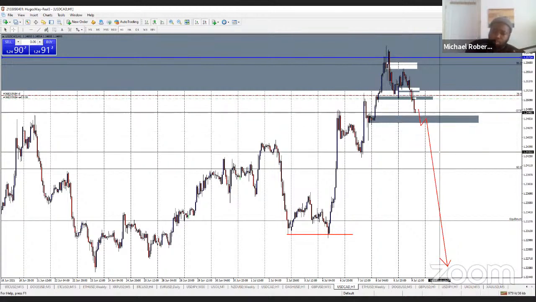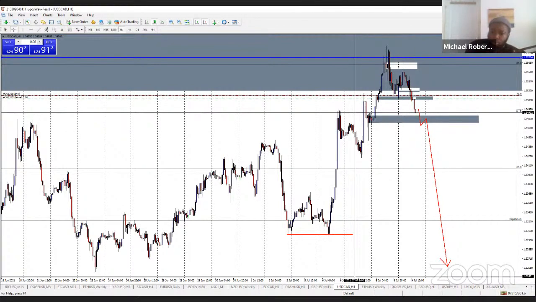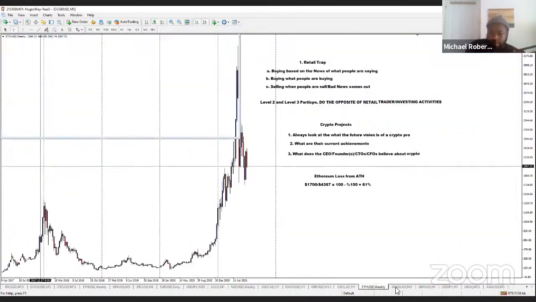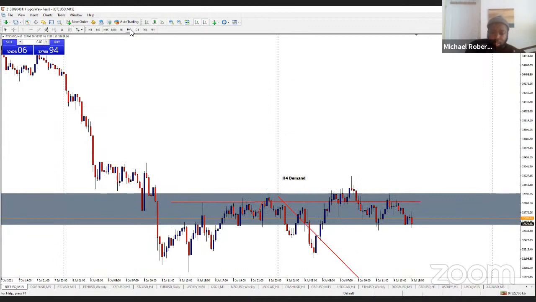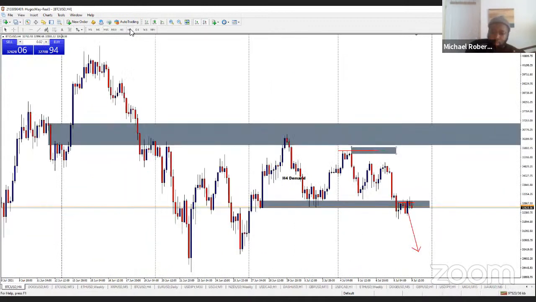Okay, so moving forward on the crypto side, I won't take very long here. What I will do now, I do have markings from my teachings here, but let's have a look at Bitcoin. So Bitcoin again, guys, I told you guys that this is the major crux of everything, and this is the most important area that we're in right now.